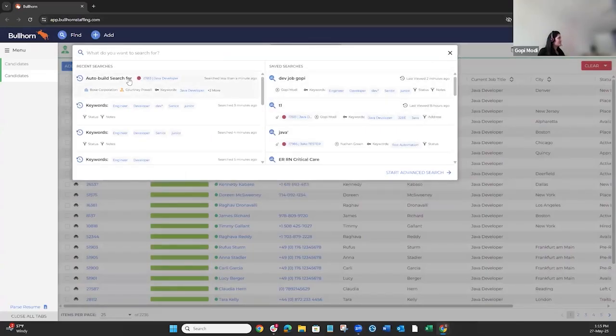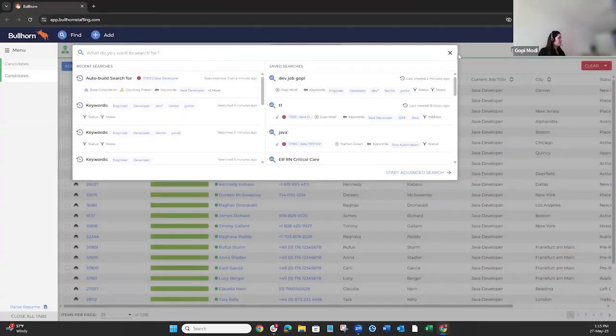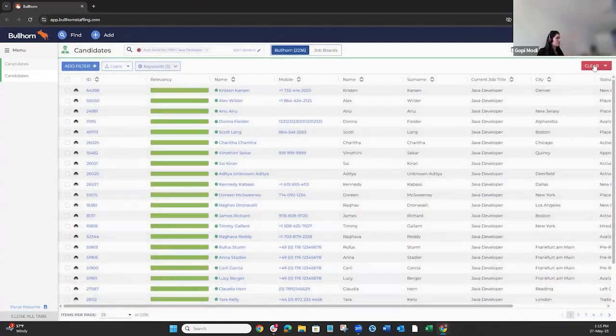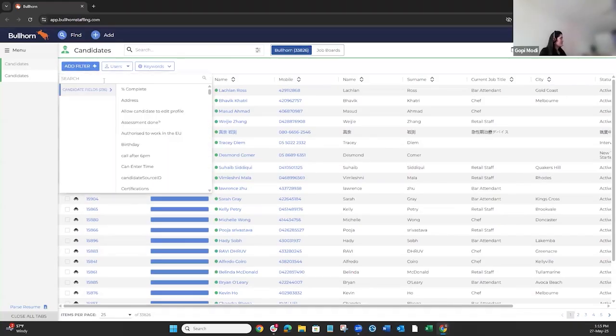And all the past searches, recent searches are also saved here. So if you close it by mistake, yeah, you can see the search that you were working on. Now we'll close it, clear all the filters, and now we'll go to one of the really good filters that we have introduced. Let's say I want to find candidates who do not have email address or mobile number. Then I can add filter. I'll search for email,